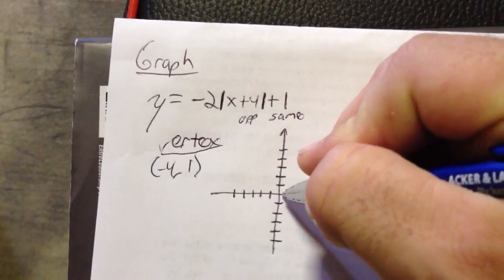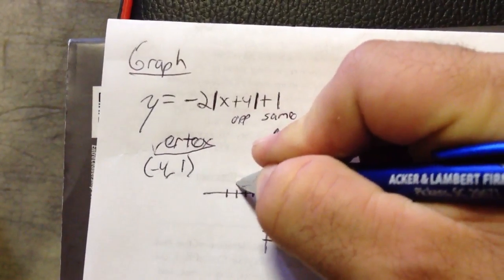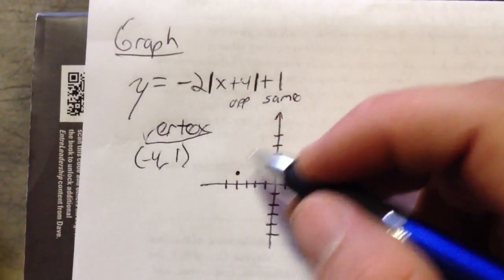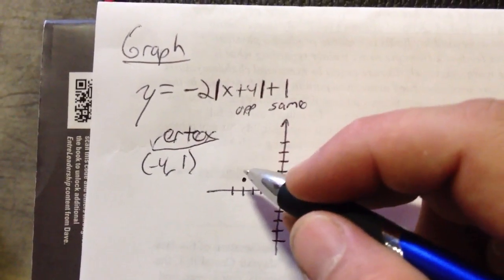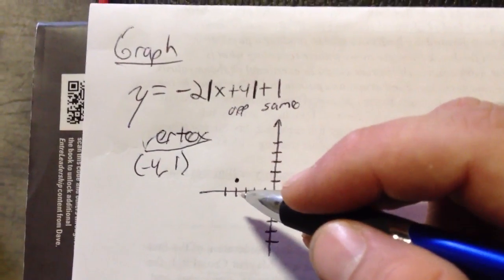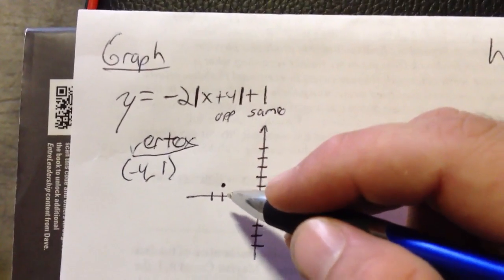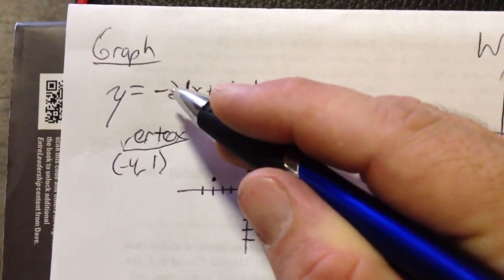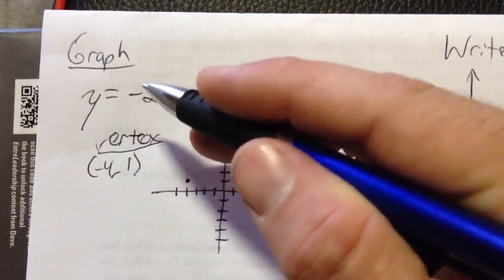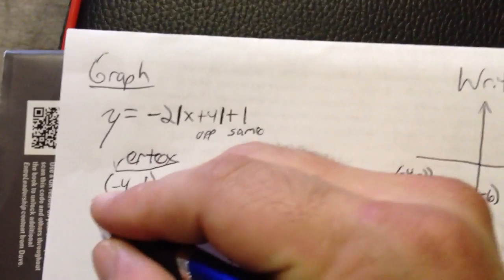You graph that point at negative 4, positive 1, and then you want to find another point on one side of the graph. Now, because there is a negative 2 out in front, you also can use the slope to think about that, but just make sure you realize that it is going to open down on the graph because of the negative in front of the 2. So to find our other point,